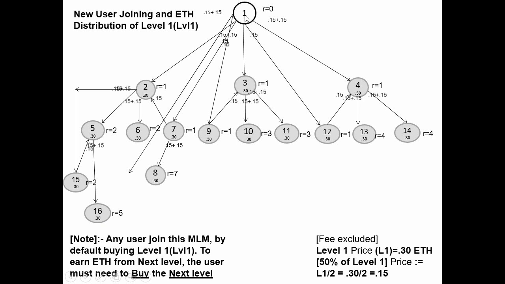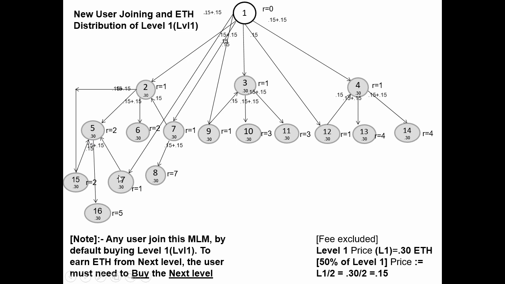So if he adds the new user, user 17, we will place directly with user 5, like this, because this is empty, and his money 0.30 divided by 2, 0.15 will go to user 5